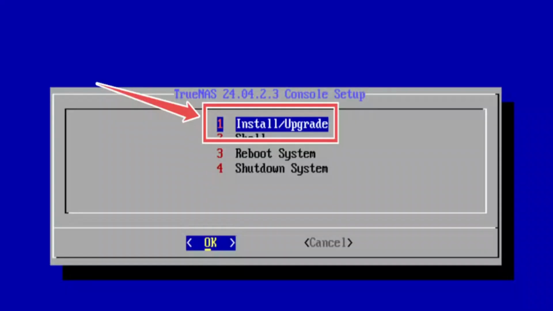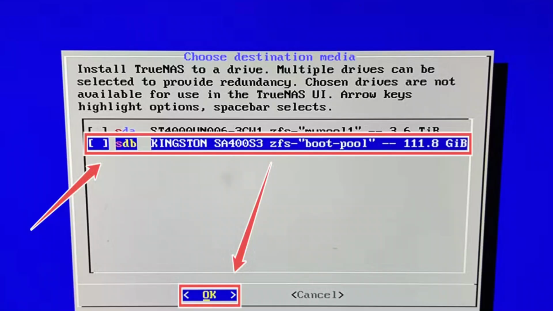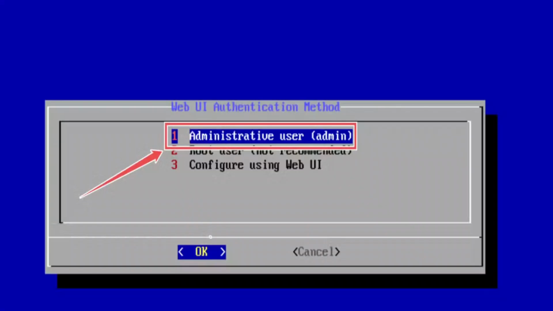Select Install/Upgrade on the main TrueNAS home screen. Moving on, you'll be taken to this field. Use your spacebar to select the boot drive for TrueNAS. With TrueNAS SCALE, now choose Administrative User as the web UI authentication